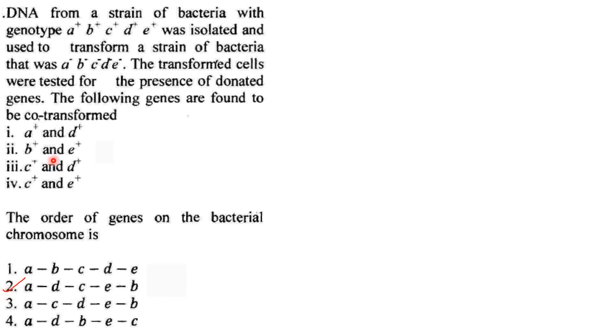But we will see for the others also. After D, it has to be C. Then C is going with E. So after C, it has to be E and E is going with B. So after E, it should be B. So option 2 is correct. Answer is A, D, C, E, B. Answer is option